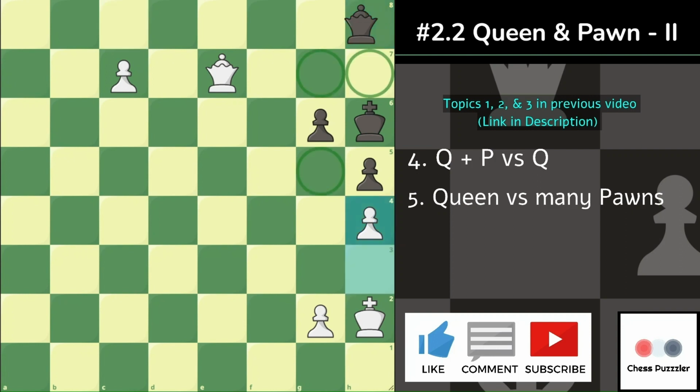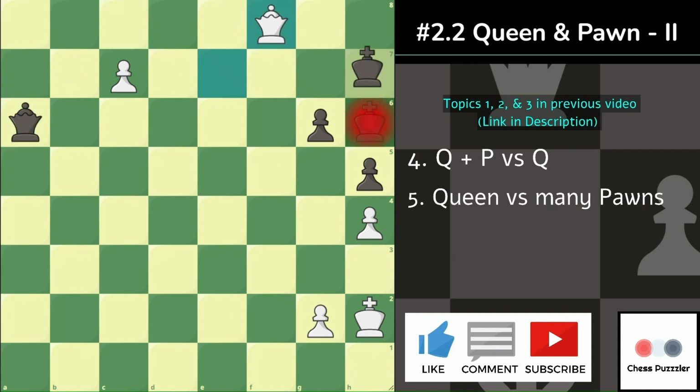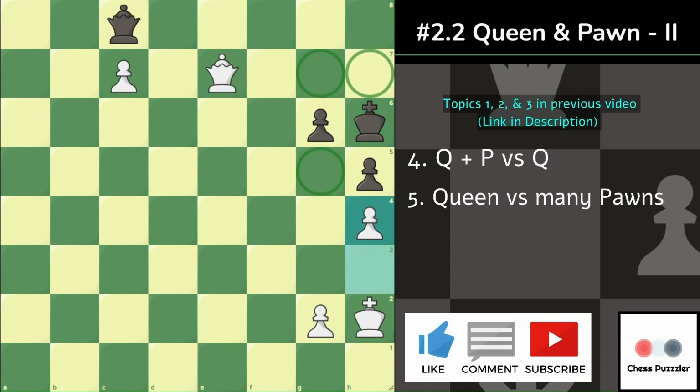The active try is something like queen a6, queen f8 check. The king has only one place to go, that's h7, and then we promote. And it's going to be too easy for white to win. To prevent all that, after h4, black plays queen h8. Now queen goes to e3,